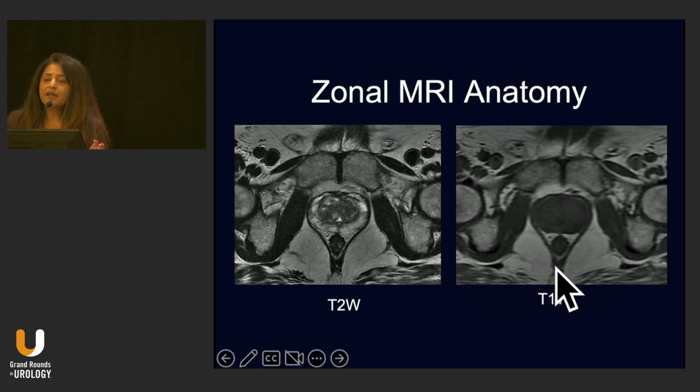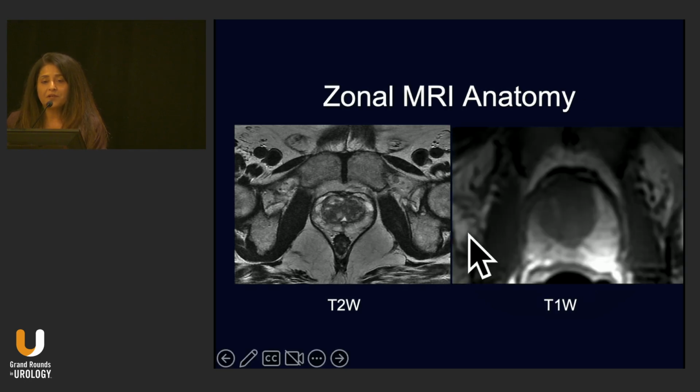On T1, and that's a problem, everything is dark. So you would never do prostate MR just T1. Now, we do get T1 weighted images because that's an essential part of the multiparametric exam, and I'll show you why. But you can see here's T2, and in this case, there's another T1 weighted image, but you have dark central area,